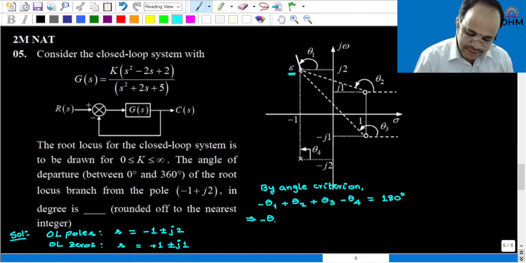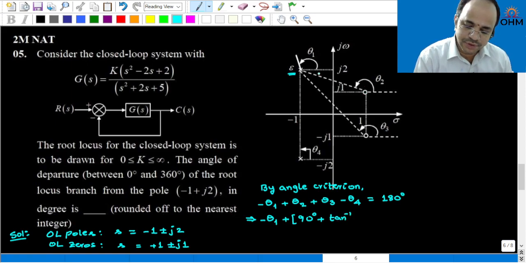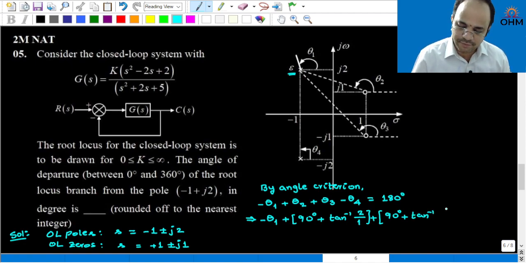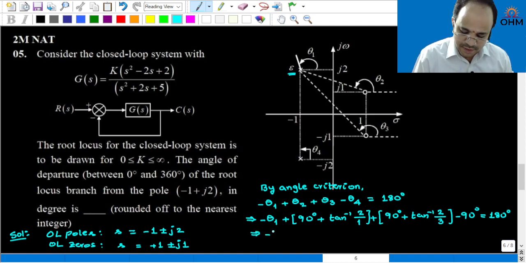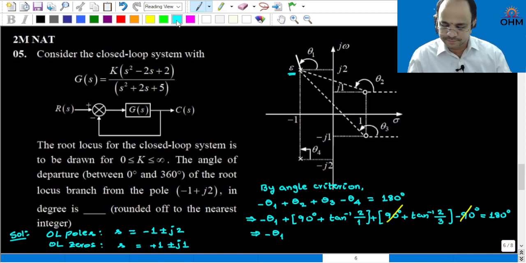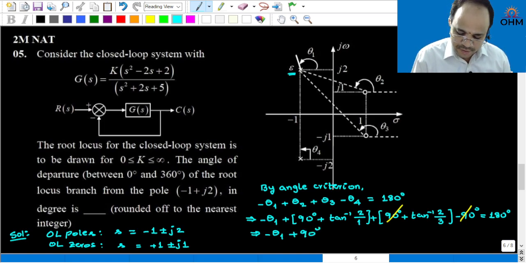Therefore, if you substitute these angles, minus theta 1, now what is theta 2? 90 degrees plus tan inverse, here the opposite side is 2 by 1, plus theta 3 is 90 degrees plus tan inverse, opposite side is 2 and adjacent side is 3, and minus theta 4 is 90 degrees, is equal to 180 degrees. Therefore, we can cancel 90 here, and minus theta 1 plus 90 degrees plus